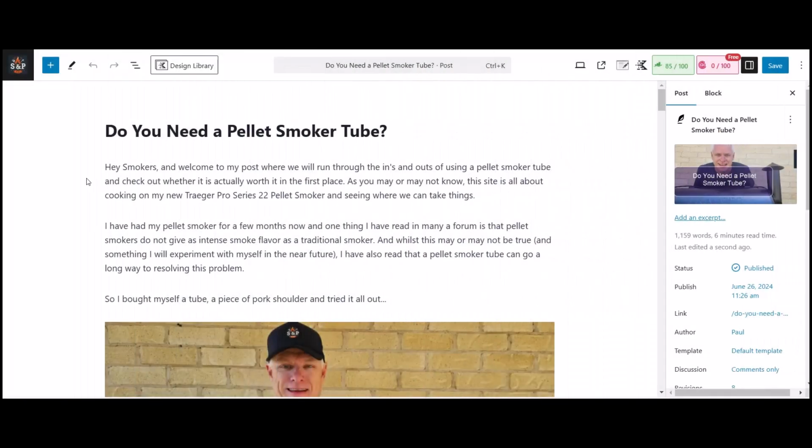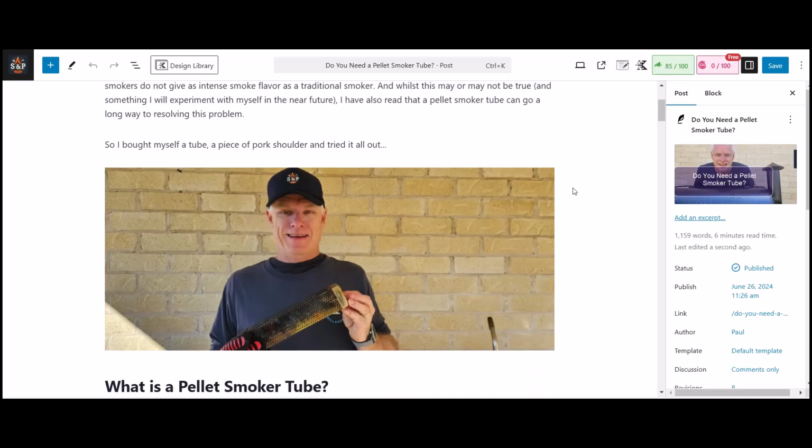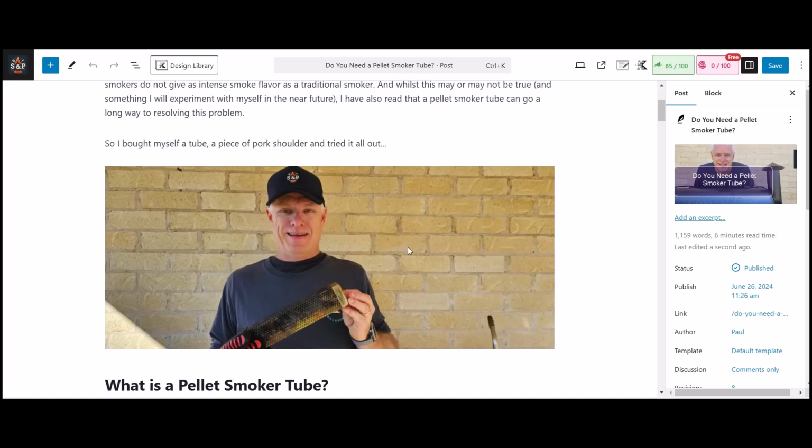So I'm in my post here. As I mentioned before, I'm in a WordPress editor. I'm using the block editor here as well. I've got my Rank Math stuff up the top there, which will pop up when I add my image. Now, as I scroll down, the first thing you can see is an image that I've loaded in here. This is an image of me with my